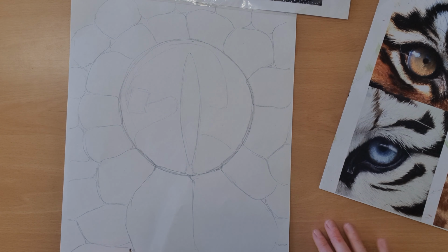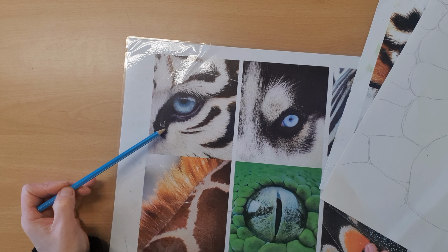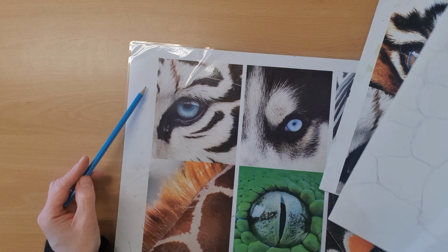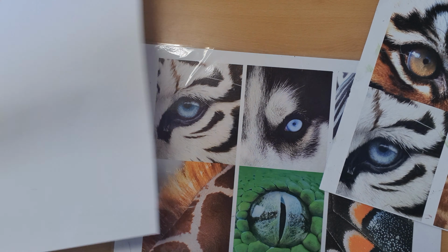Okay, so next I'm going to start again, but this time I am going to start with this one over here. So this one's slightly more complicated because it's got fur, but I'm going to show you how to proportion up the page so that you get something that looks good. So I'm just going to pop that out of the way and grab another piece of paper on the back of there. We go. Okay, so looking at upscaling this piece of work, again the eye is the main feature,